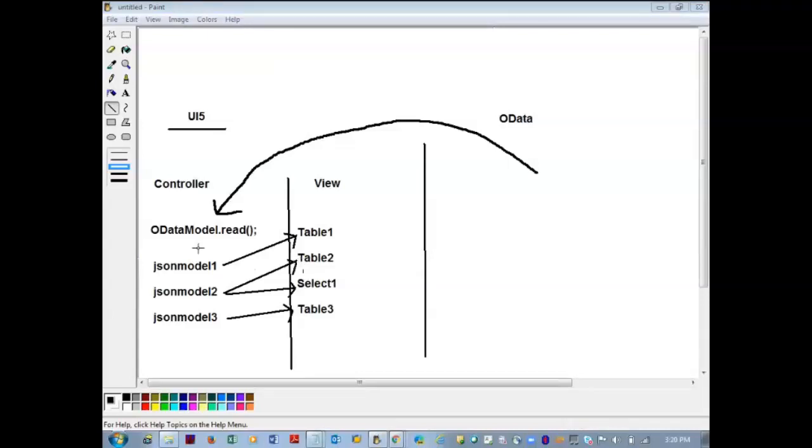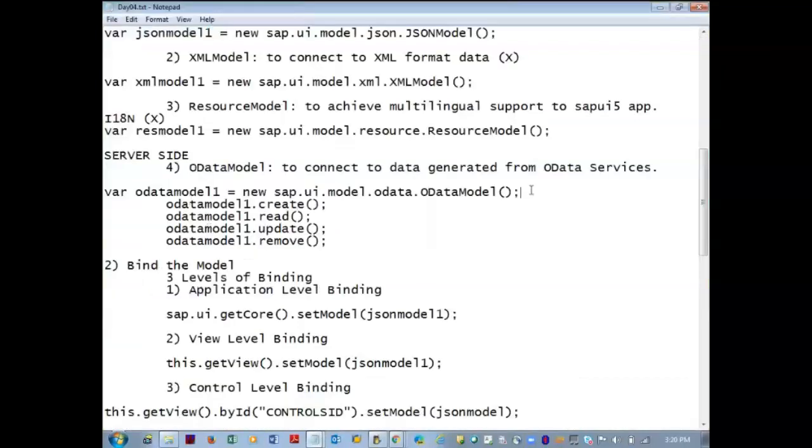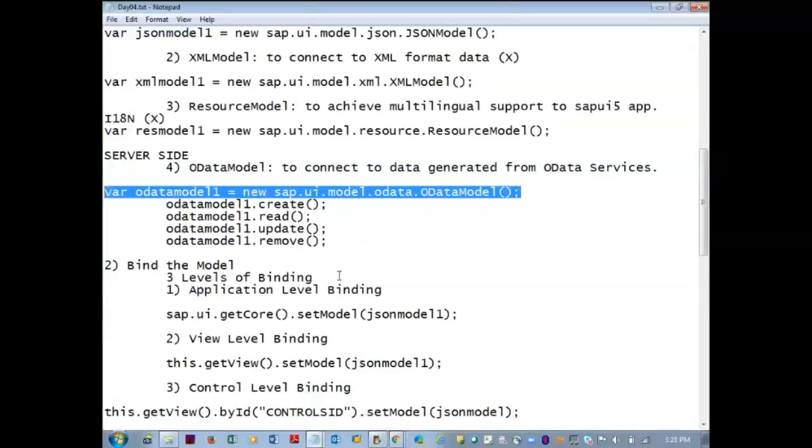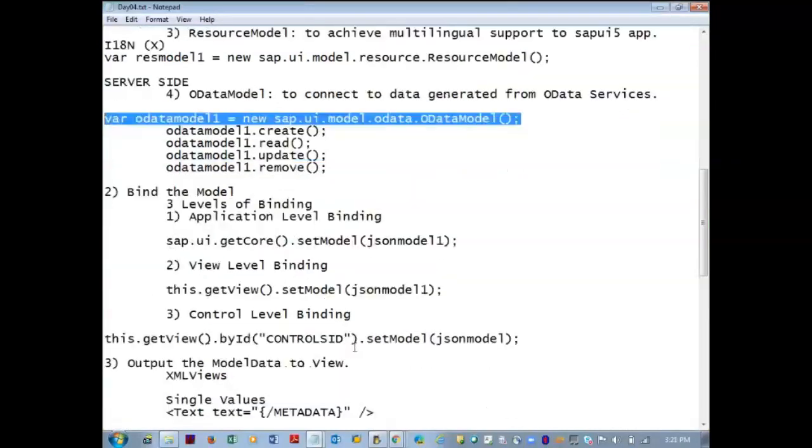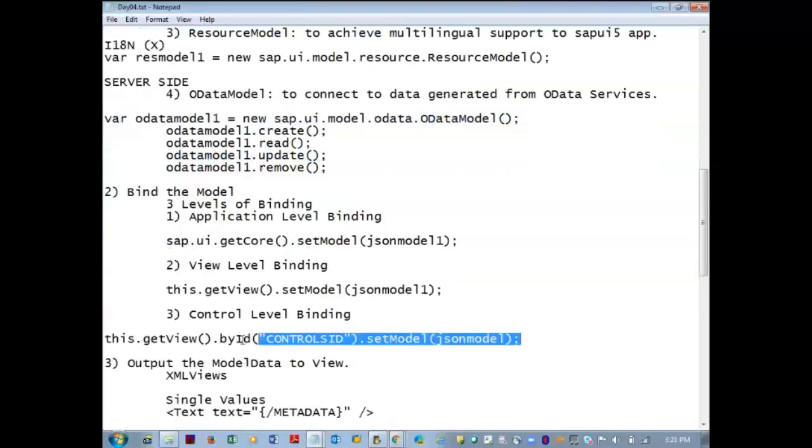So now we'll make use of the OData model.read method. This one. And this.getView().byId of the control's ID, setModel, from the second step, bind the model.